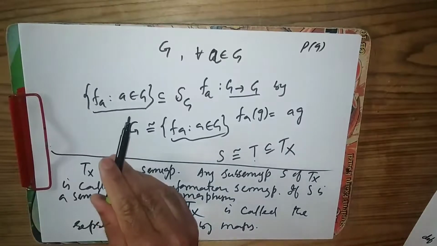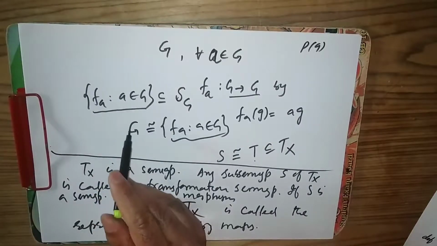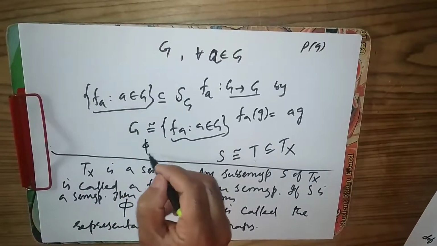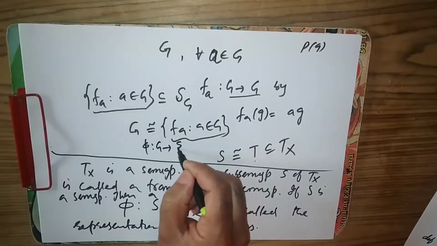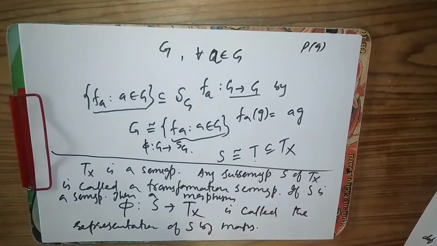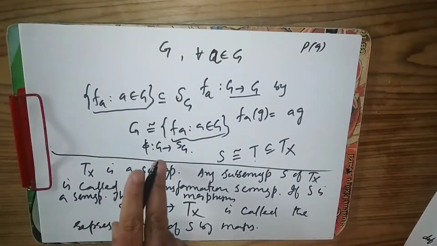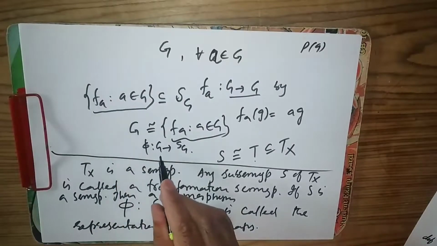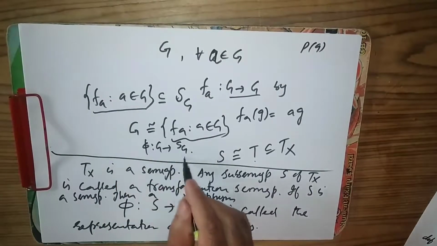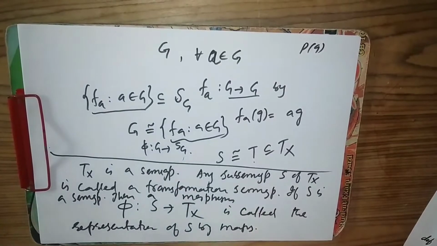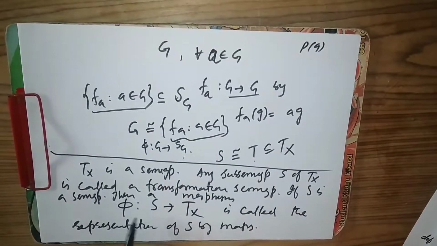Like here, there is a map phi from G to the permutation group, and it's called the representation of G by permutation maps. And here we say that this phi is called the representation of S by maps, because it maps the elements of S onto T_X, where T_X is the set of all